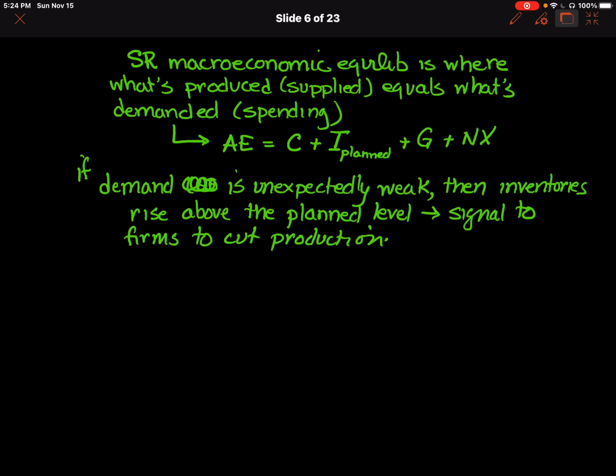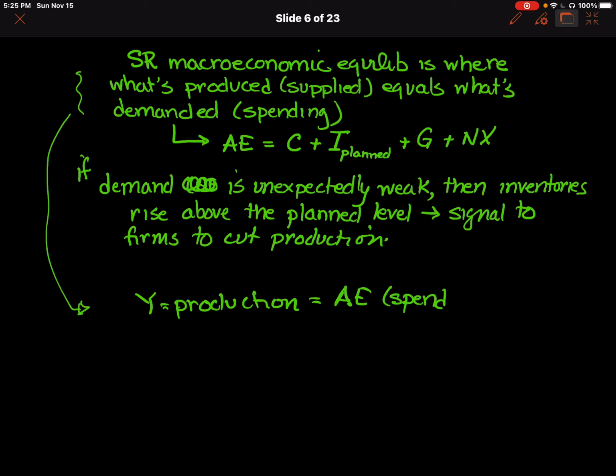So what we are imagining is that when we have a short run equilibrium, we have a situation in which the planned level of investment and the actual level of investment are the same. Another way of thinking about this is that because the amount of production has to be equal to the amount of spending, the way in which that's true is if the actual amount of investment that's undertaken in the macroeconomy is the level that's planned. And what we're going to be describing on the IS curve in a little while is a whole bunch of points along that IS curve,